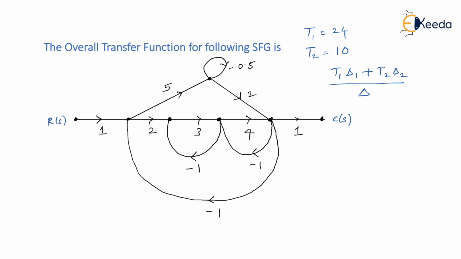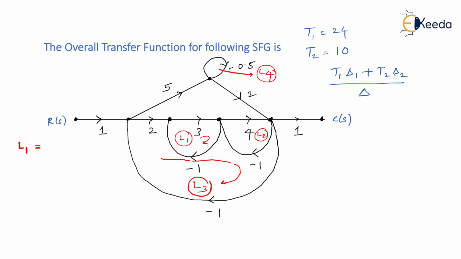Now I'm going to talk about loops here. Let me assume this as loop number 1. Let me assume this is loop number 2. Let me assume this loop as loop 3. I hope you understood which loop 3 I'm talking about. Let me say this self loop as loop number 4. And there is one more loop which I'll consider loop number 5. So once we're done with L1, L2, L3, L4, then I'll let you know about L5 also. So there are 5 loops. We have to take care of all the loops.